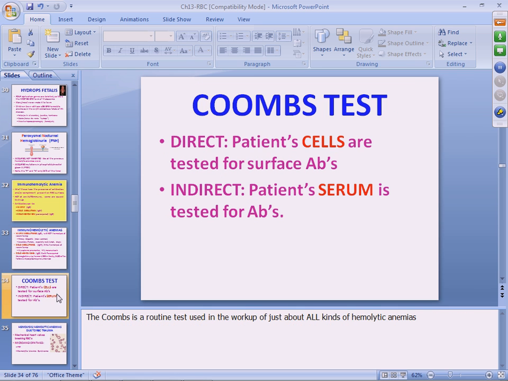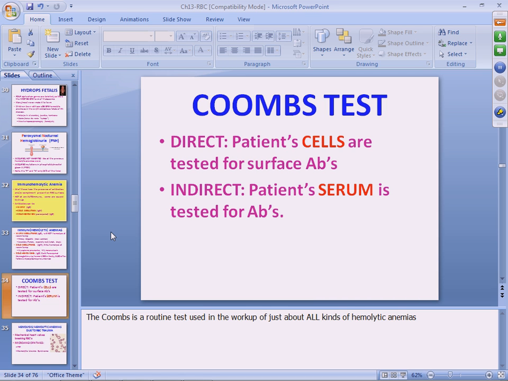Did you ever hear of a Coombs test? Good. I'm glad somebody has. When you suspect a patient has an autoimmune or any type of hemolytic anemia, this test is ordered in all hemolytic anemias because you have to ask yourself, are those cells hemolyzing because of antibodies on the surface? So they do a Coombs test. And there's two kinds of Coombs test,